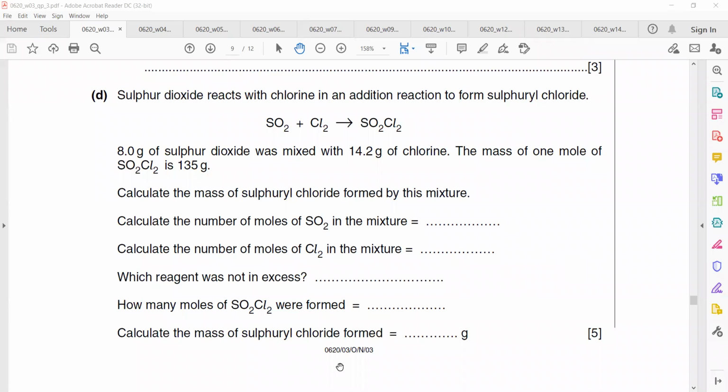More questions related to the topic of moles, empirical formula, and percentage. So in the first question,